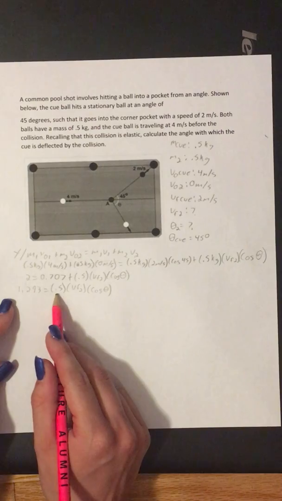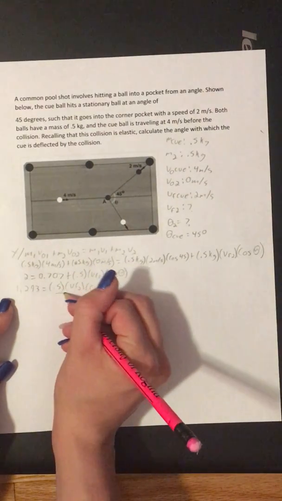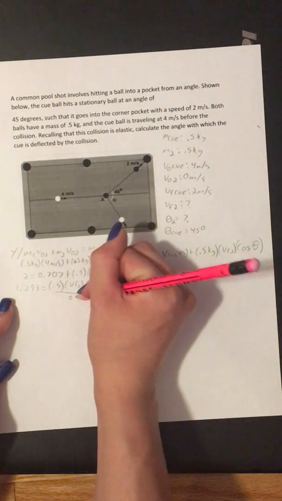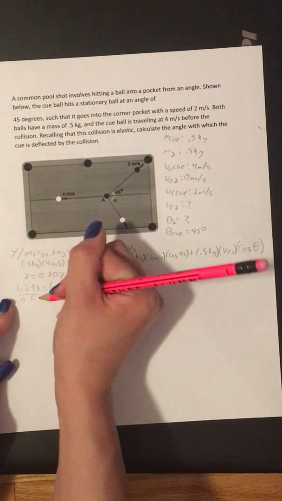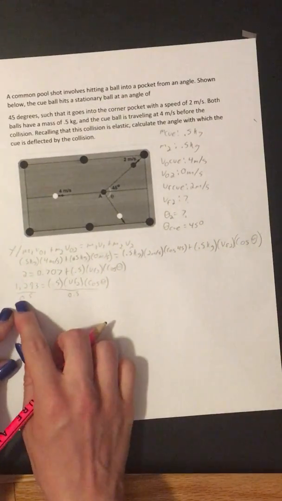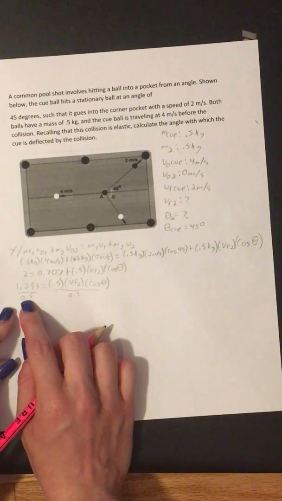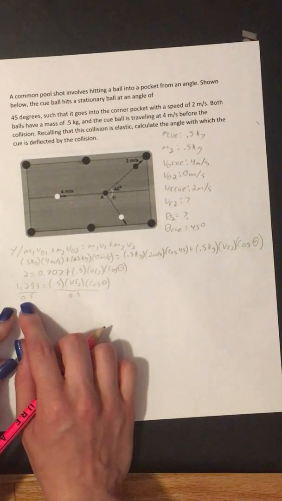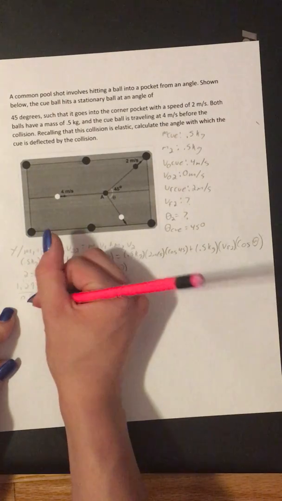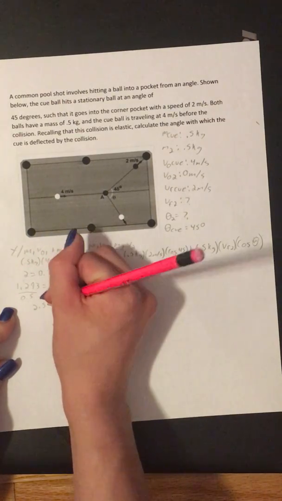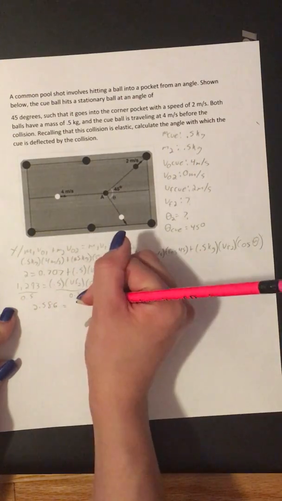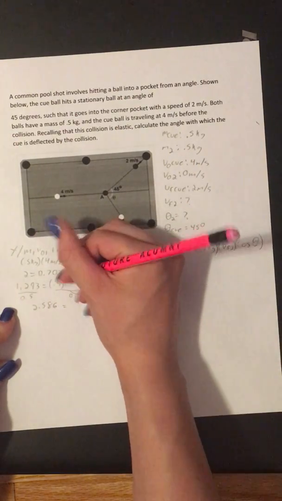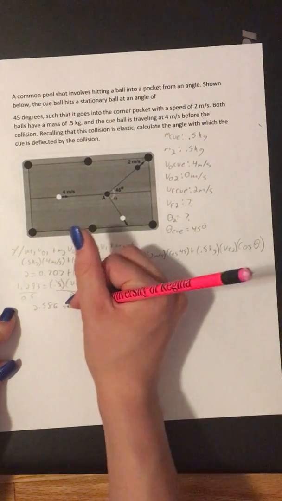Okay, so now we can take out the 0.5. So we will divide this by 0.5 and divide this side by 0.5. So this here, 1.293 divided by 0.5 is equal to 2.586. And then we have left, we can cancel these two out, and this is equal to VF2 cos